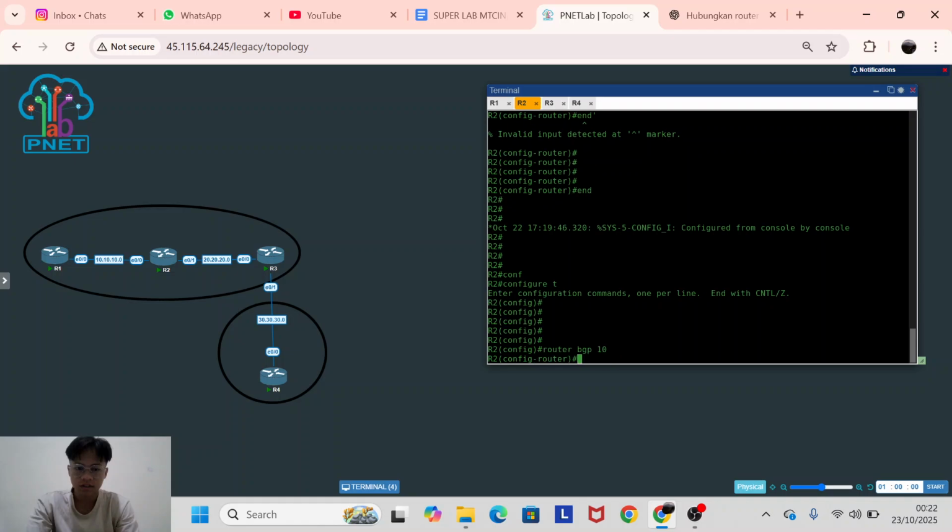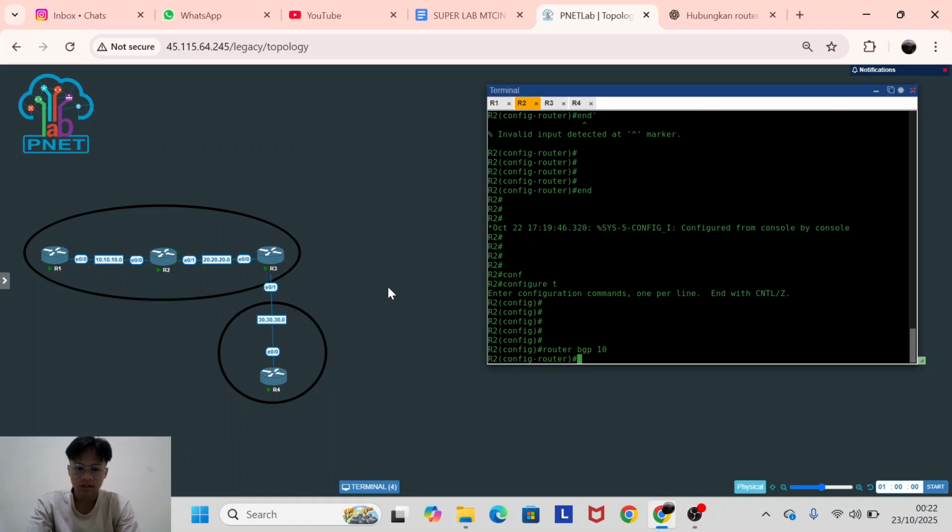Now these are in the same autonomous system, but I will try another way because BGP by default uses a full mesh topology, so this connects in here too, but it's not connected.